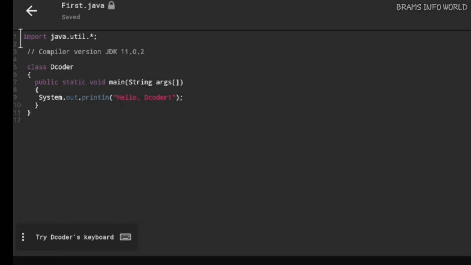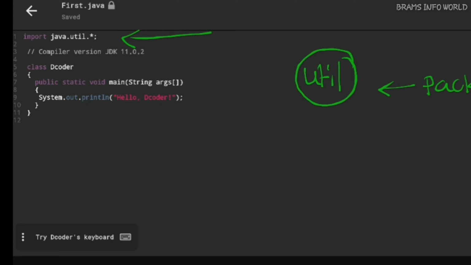See, there is a package name. This is called a package. It is not compulsory, but decoder is providing it. This is the package statement, and the package is called util. Util is one of the packages. Already we discussed that Java is a collection of APIs.